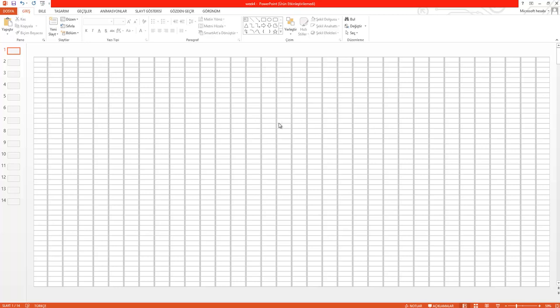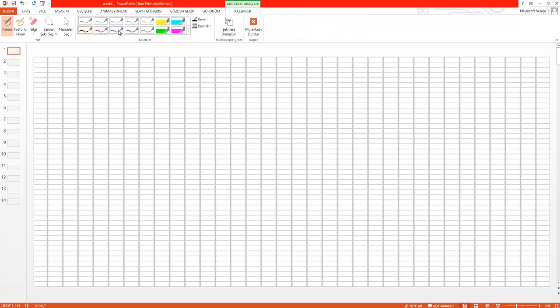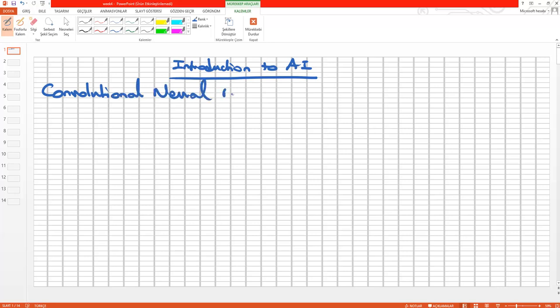This week we will talk about the convolutional neural network. Okay? Introduction to AI and the specific topic of convolutional neural network. Okay,